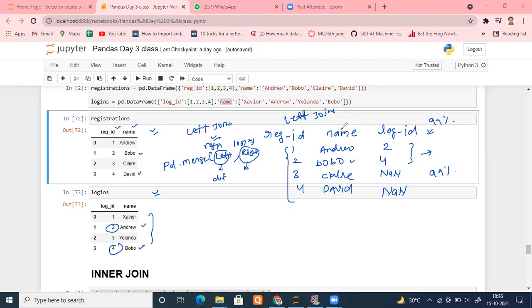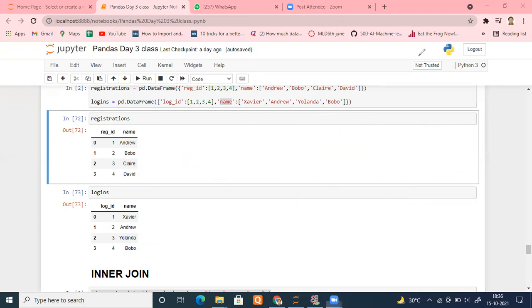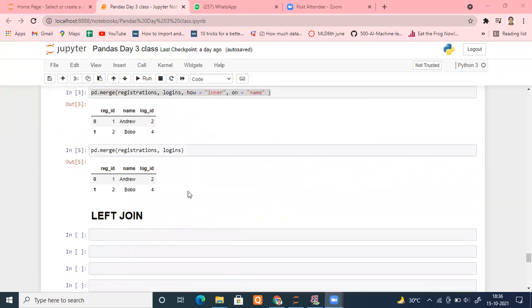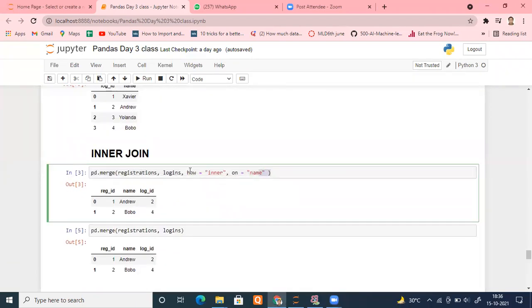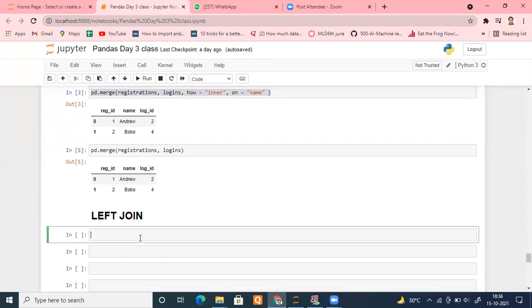So we can immediately run this code. Clear all drawing. Remove this. Now we are going to the left join. What changes do I have to make? Only a small change. Can anybody tell? Which parameter needs to be changed?